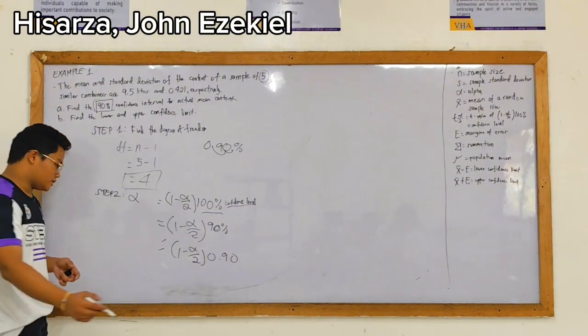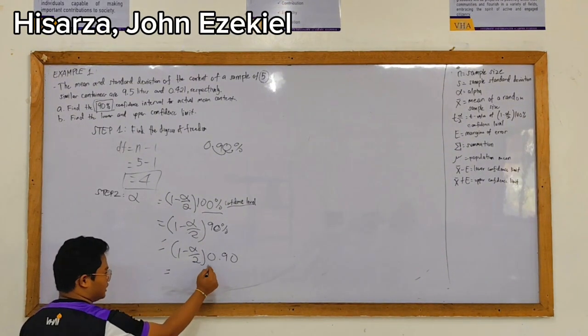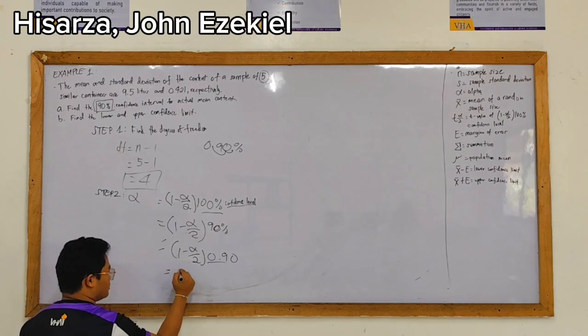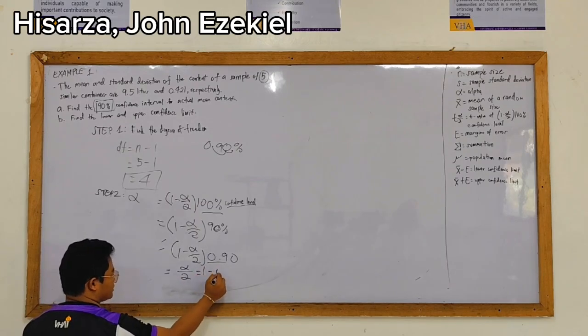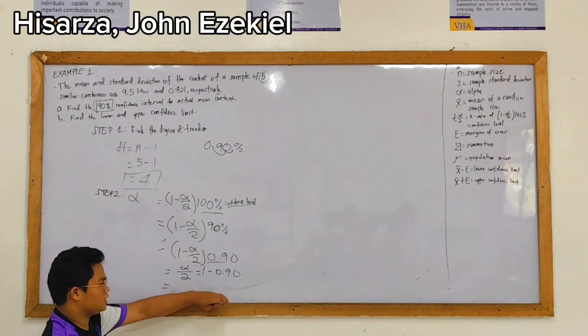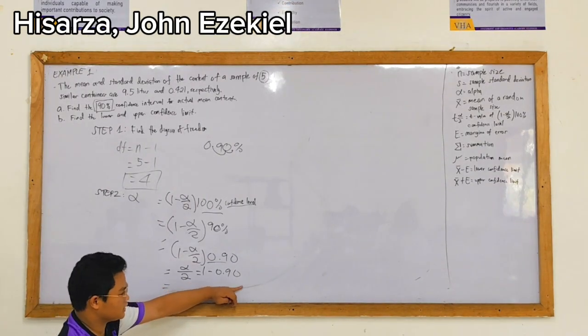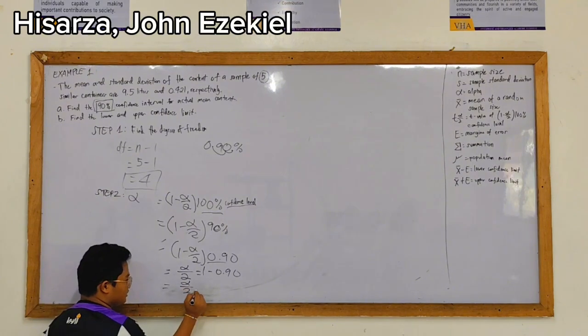After that, the next thing we're going to do is subtract 0.90 from 1. So alpha over 2 is equal to 1 minus 0.90, and if you subtract it, the answer is